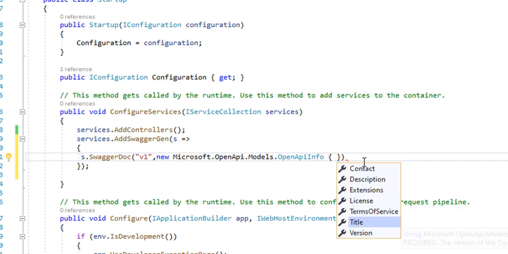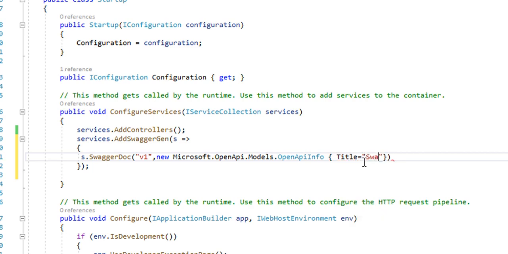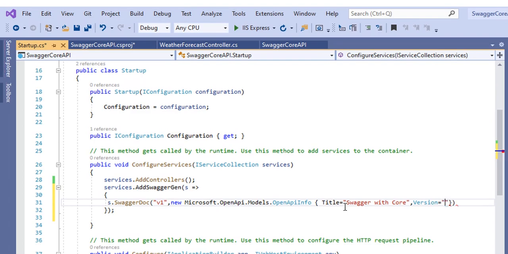We'll mention the title like Swagger with Core, comma, and we can mention version equal to a string like v1.